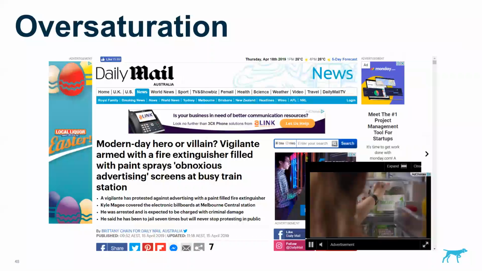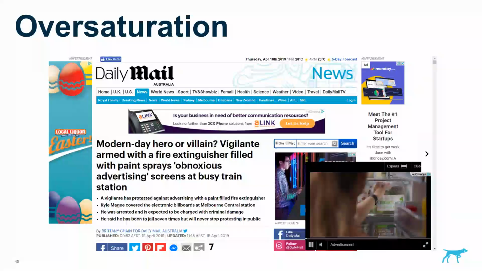The problem is oversaturation. This is a screenshot I took of the Daily Mail last year because it just stuck with me how much was going on. Without having moved anywhere on the page, there's one video in the bottom right, a banner ad down the side, a banner ad here, another search box ad, an ad at the top of the article and an ad to the left. It's almost hard to read the article, let alone focus on any of these ads.